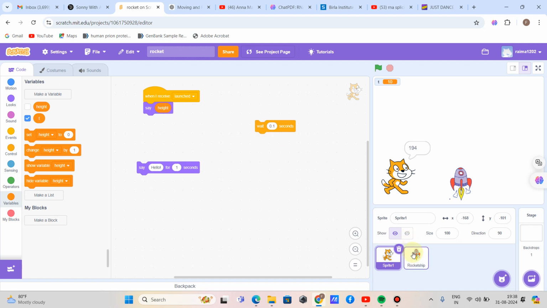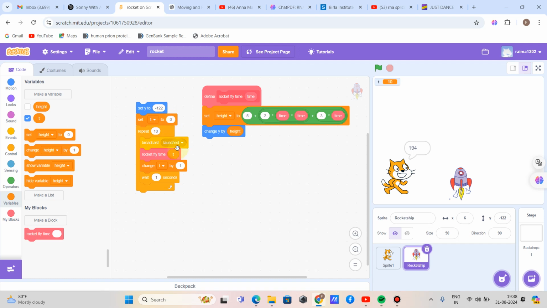So if I only said one time that the rocket has launched, then the cat only measured the height when time was t equal to 0 seconds, which I assigned in the beginning itself.